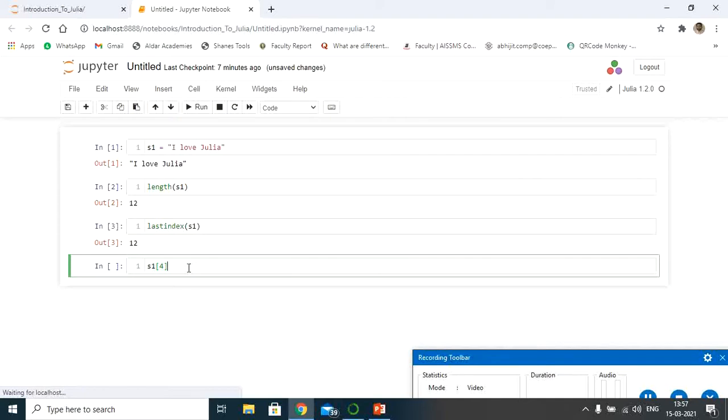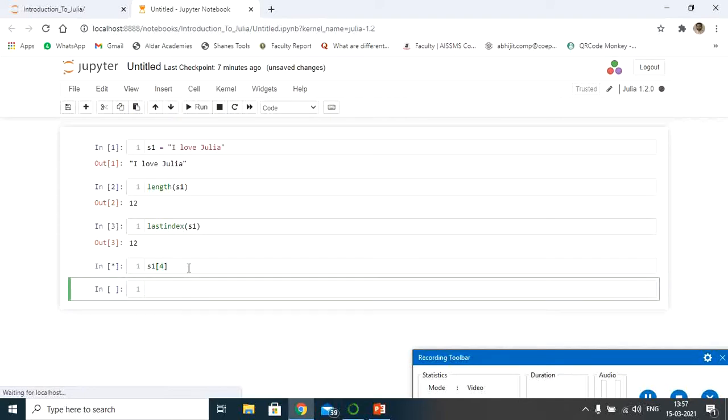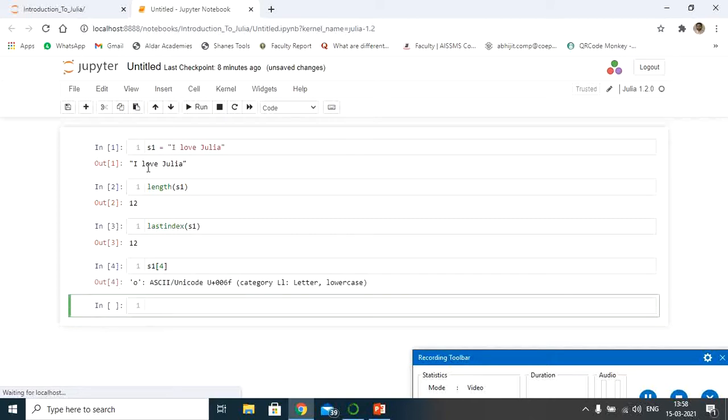Since it is 4, let me see which character it is going to display. As far as the fourth index is concerned, it should display the fourth value, which is the letter O. Now you can see the letter O has been displayed here. Similarly, you can try other indexes using the index symbol.